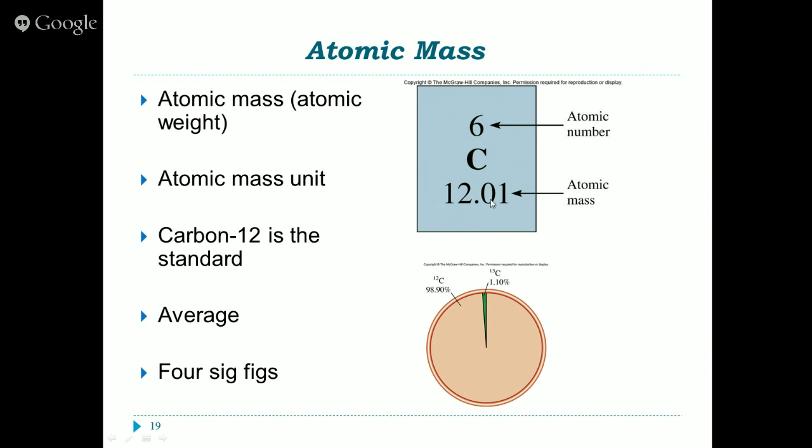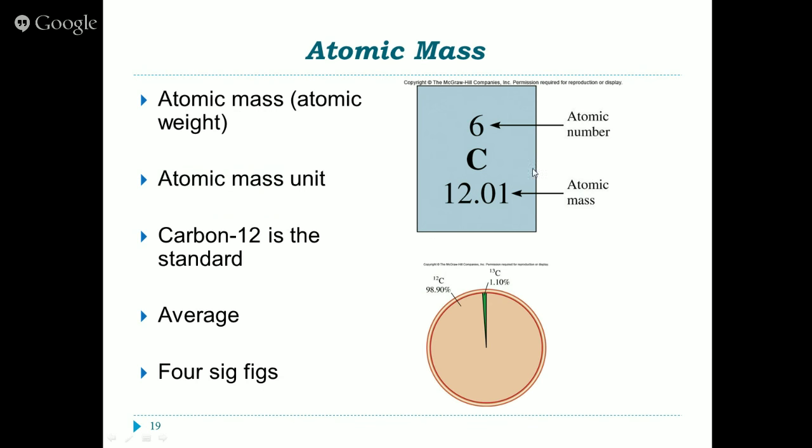So what we see then in our atomic mass is what we call a weighted average. And that is because there's so much carbon 12, we see that the average atomic mass is closer to 12 than it is to 13. For example, let's say instead this was 50% and this was 50%. What would the average atomic mass be? 12.50, because it's in the middle. If we had 99% carbon 13 and 1% carbon 12, we would see the mass be 12.99.